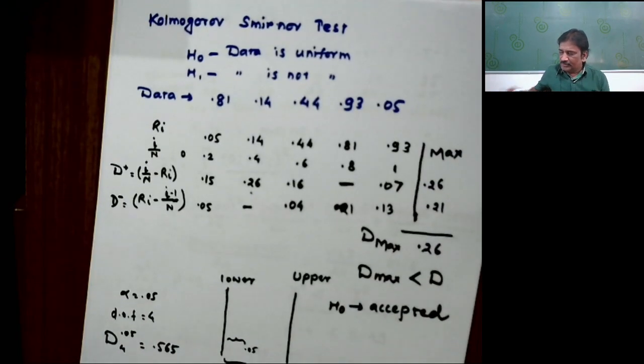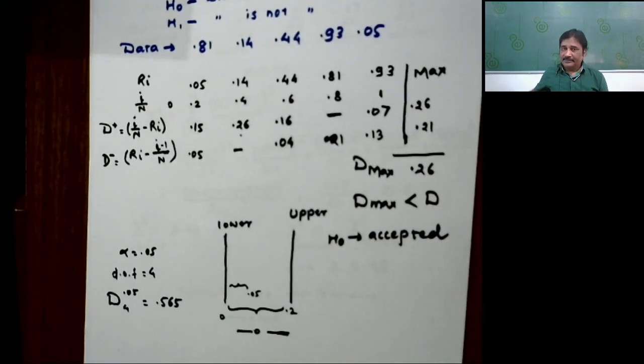test. Now you have to refer to the Kolmogorov-Smirnov table. You will be having that table, right? I'll get that table for you, but what you will be doing with that table is taking a level of significance like 0.01 or 0.05, etc.